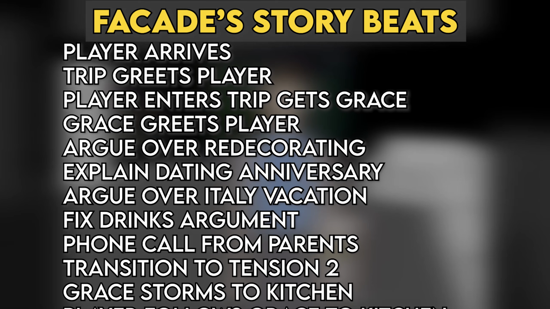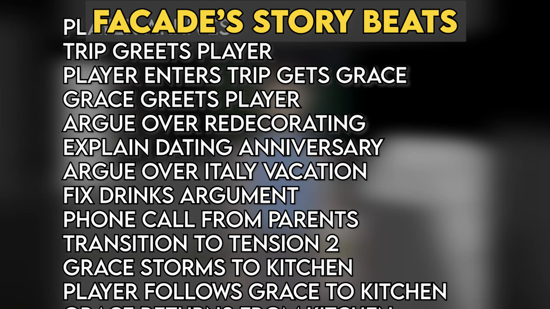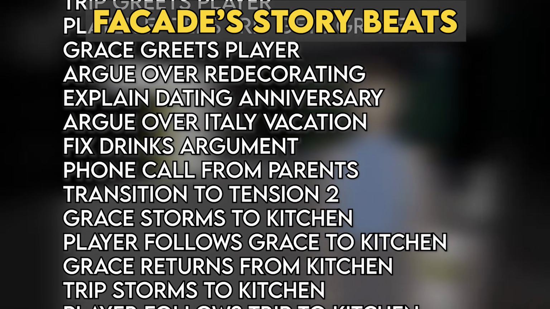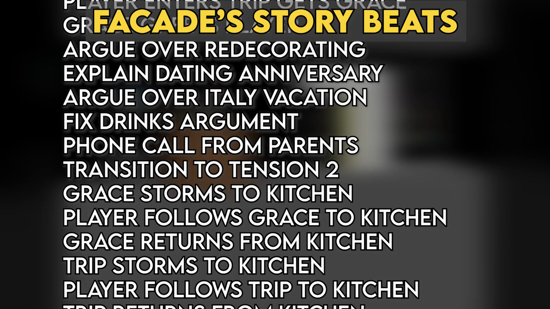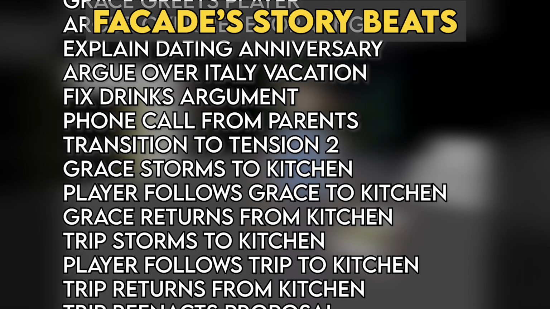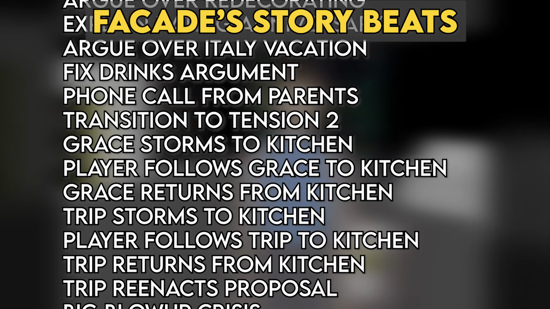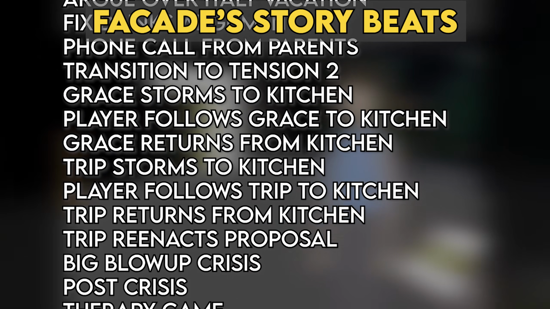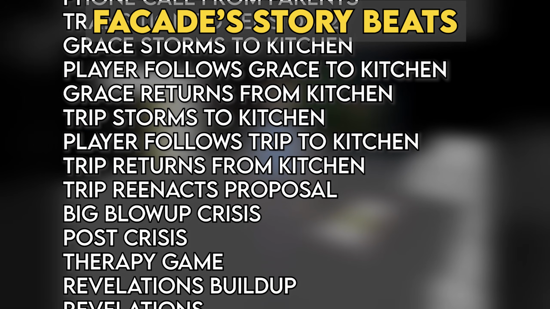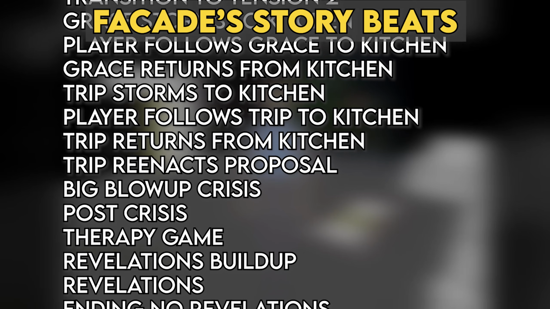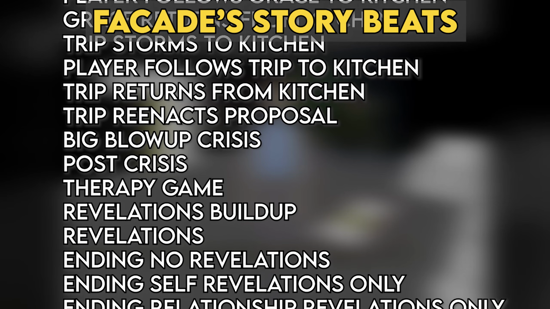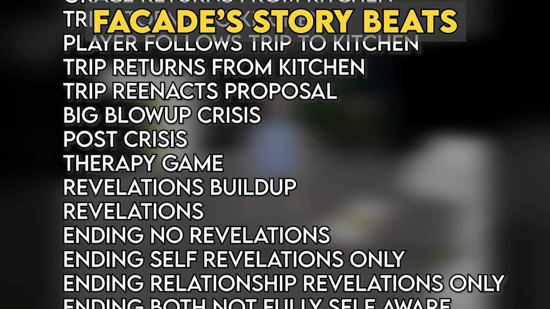Each beat, much like their inspiration from dramatic theory, is designed to be the smallest narrative sequence the game can run. Each beat is then encoded in the game as a collection of what are known as Joint Dialogue Behaviours, or JDBs. These are game actions that will happen in a specific sequence in order to complete the main story beat. Each of these beats is written in the ABLE language, and we'll get into what they look like in a minute. But for now, just know that each JDB is comprised of lines of dialogue between Grace and Tripp, as well as actions for moving around the world and interacting with objects and the player.